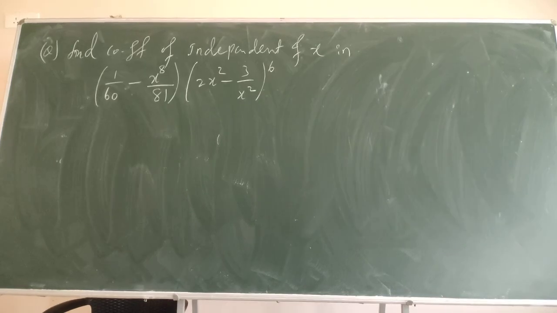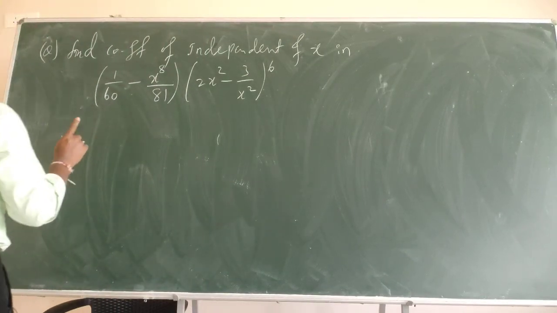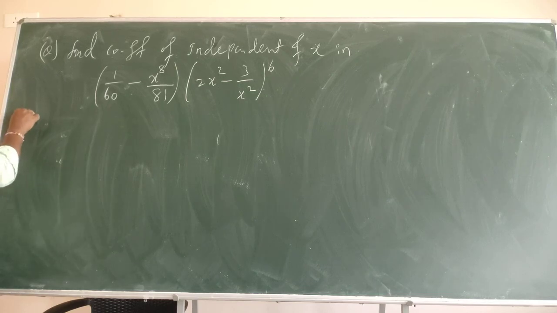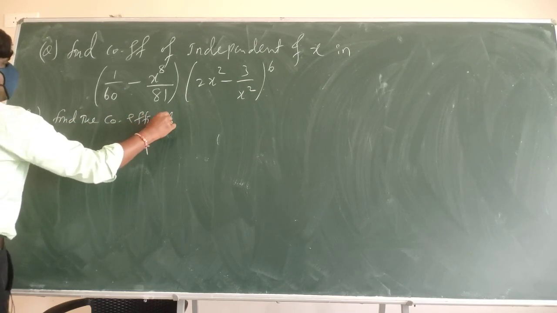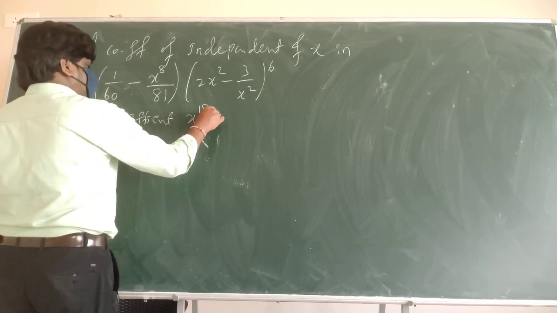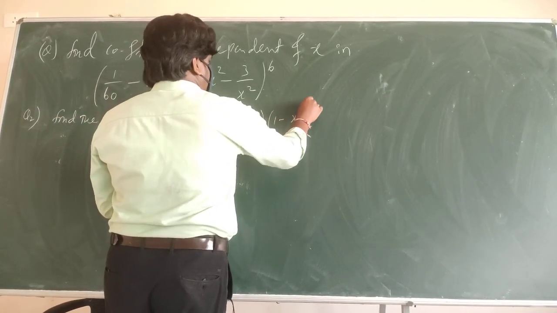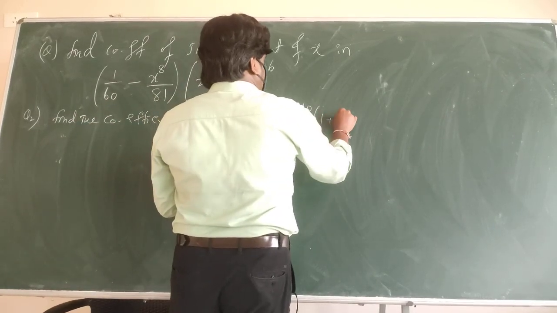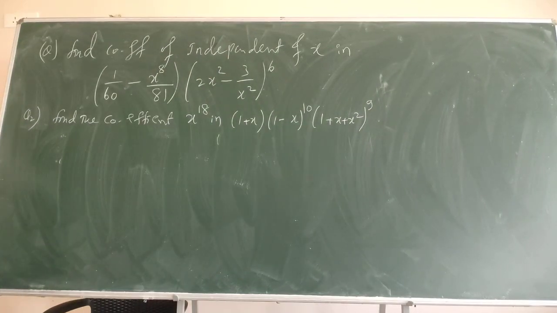Okay, so I'll write the homework questions. Important questions, note them all down, I'll explain this one now. Another question: find the coefficient of x power 18 in 1 plus x into 1 minus x whole power 10 into 1 plus x square to the power of 9. These are all JEE questions and damn sure important questions. I hope I explained somewhat. If I did not explain, let me know, I will explain tomorrow.